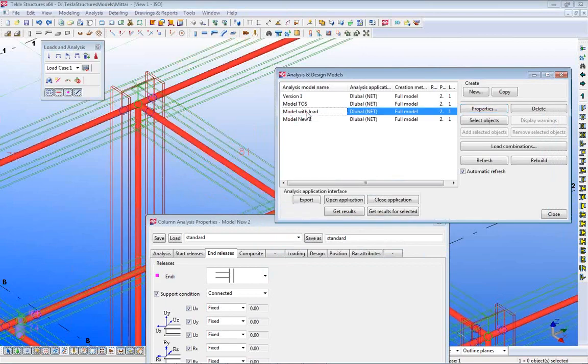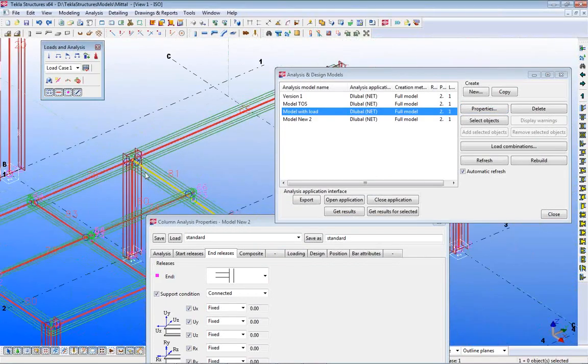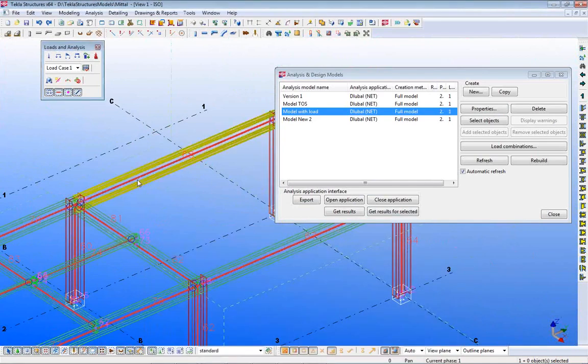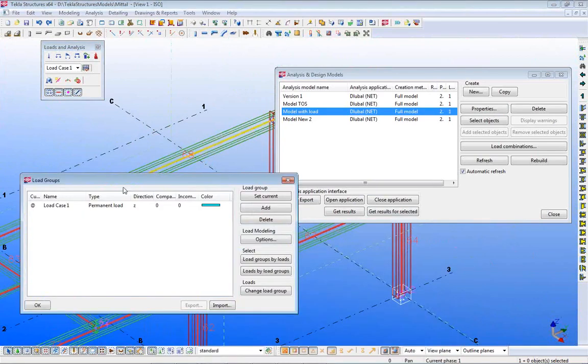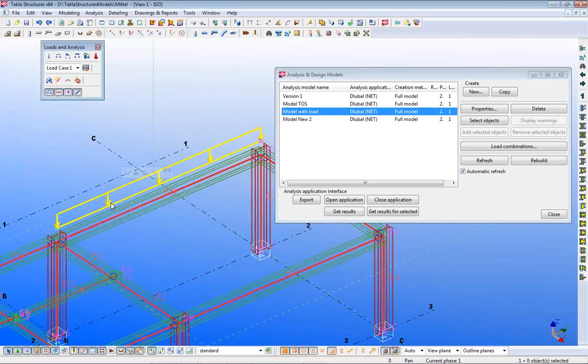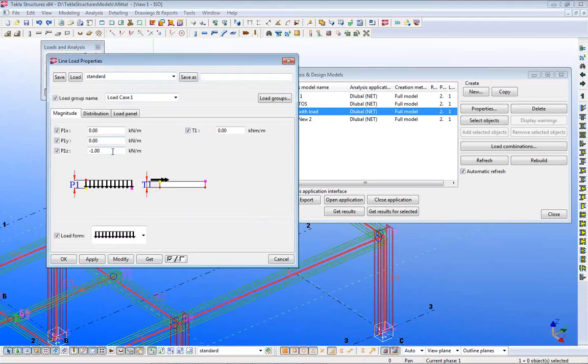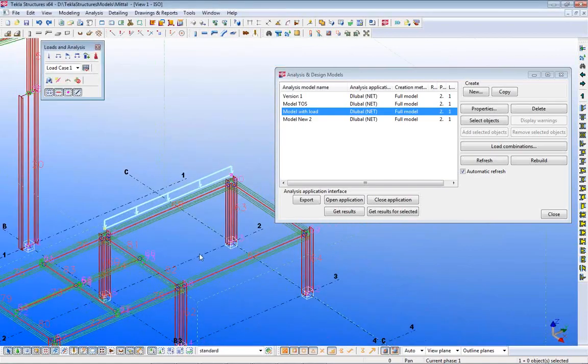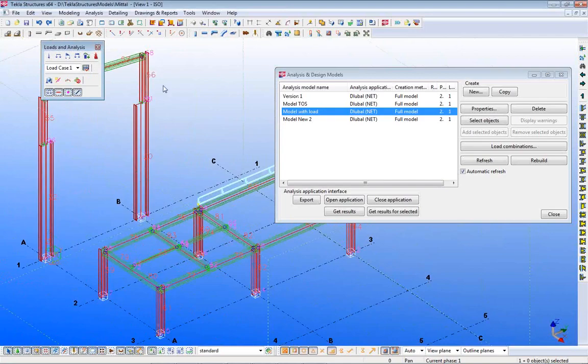I open another model here. We see, for example, there are also loads. I can display the loads basically here. You see here there's a load inside Tekla structures where we can apply the magnitude of the load, and this is also possible to implement inside Tekla. Okay,